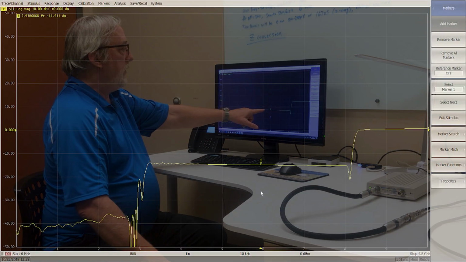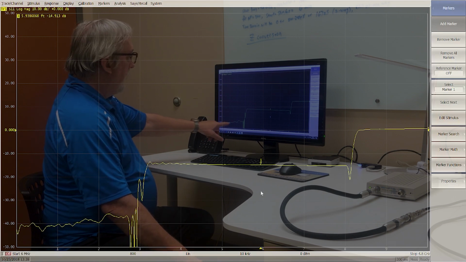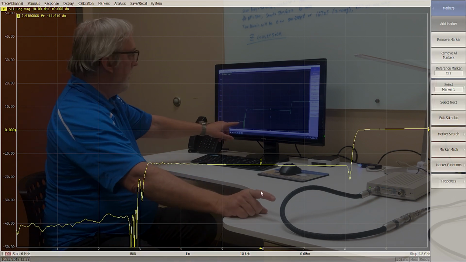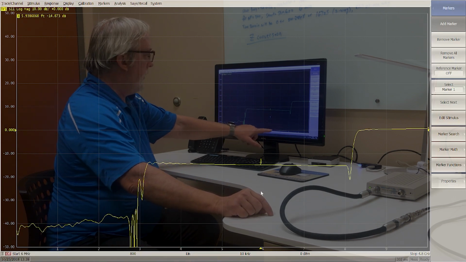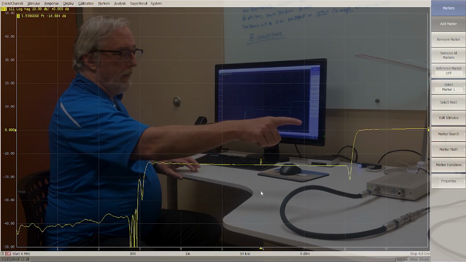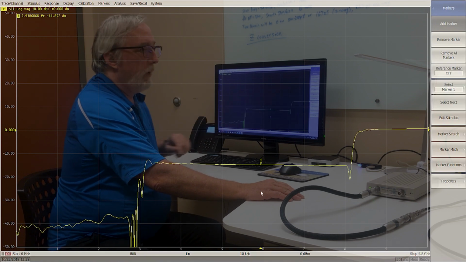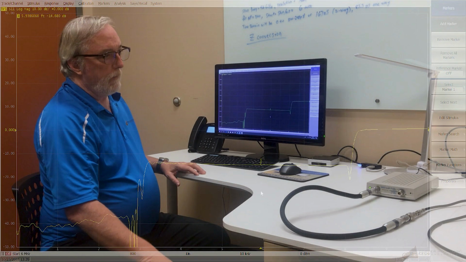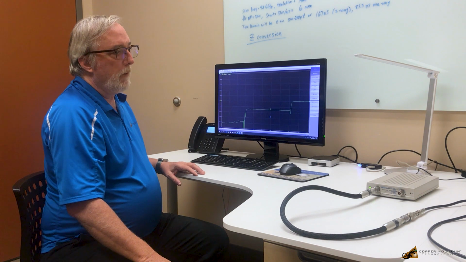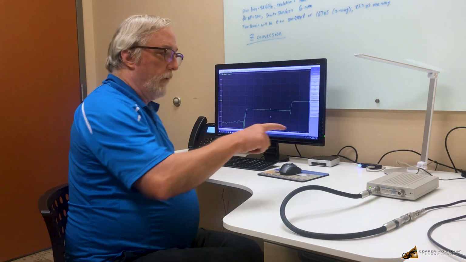So we're actually seeing the reflection coefficient of that cable. In the time domain here, the first 3 feet, we see the 50 ohm cable, and then 1, 2, 3, 4, it's like 5 feet of 75 ohm cable, and the 75 ohm cable is then open, and so we see the 0 dB return loss, complete reflection from the end of the 75 ohm cable. So this is giving us a good view through this entire cable.